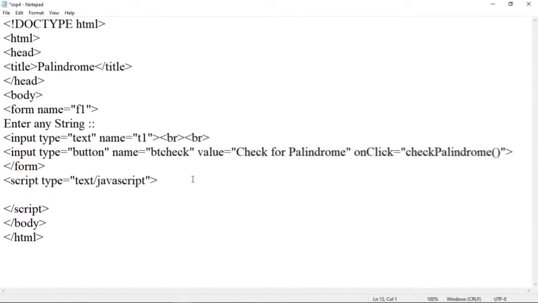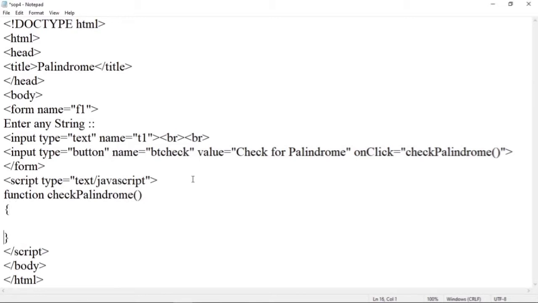So here now we will define a function. To write a function, use function. Name of the function is checkPalindrome, set of round brackets, set of curly brackets, and here we have to specify the definition. Let us declare some variables, that is variable a is equal to, here variable a is used to retrieve the value entered by the user, that is the string entered by the user will be saved in a.